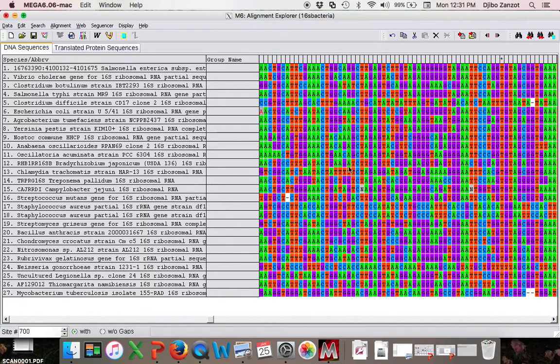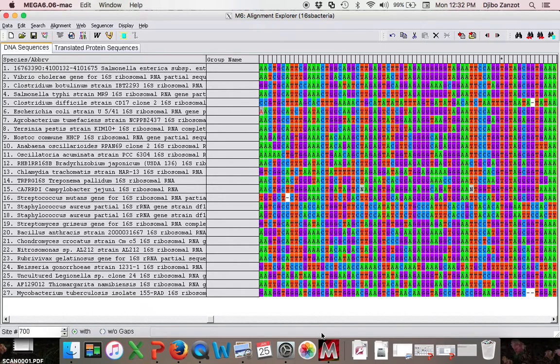So what I am doing here is you can see there's lots of A's, T's, G's, and C's, which lets us know we're looking at the DNA version of the RNA molecule, or the gene that's found in the chromosome of the bacteria. You can see lots of different names for the different organisms: Salmonella enterica, Clostridium botulinum, Salmonella typhi. I am using a program called Mega,